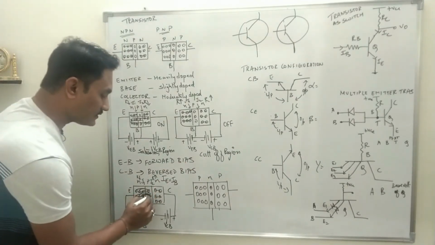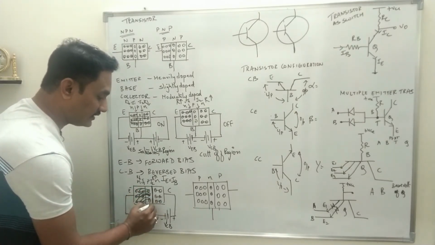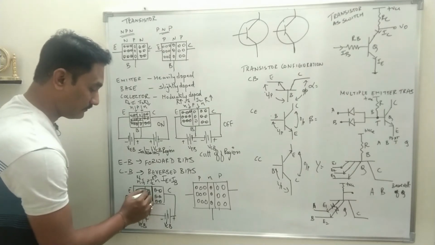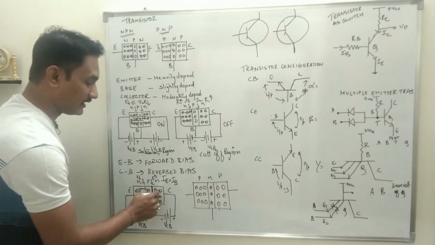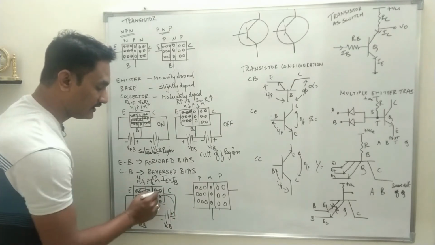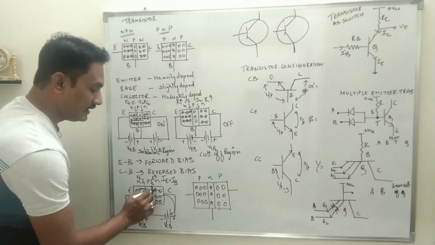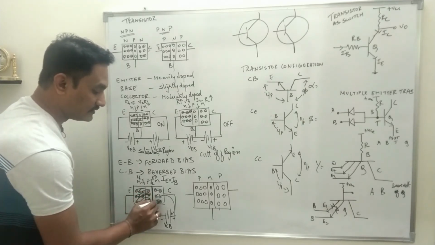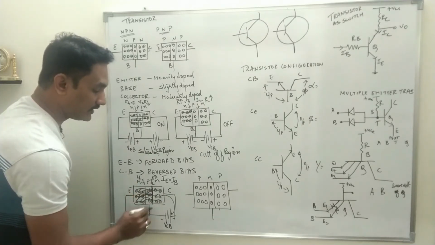And then what happens is, now at the junction J2, which is reverse biased, on both the sides you have electrons. That means electrons coming from the emitter and the electrons present in the collector. So these electrons will be attracted by the positive terminal, so it will create an empty space over here. Similarly, these electrons near the junction in the base will be applying pressure, force on that.